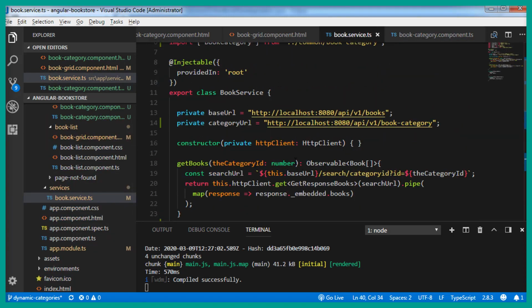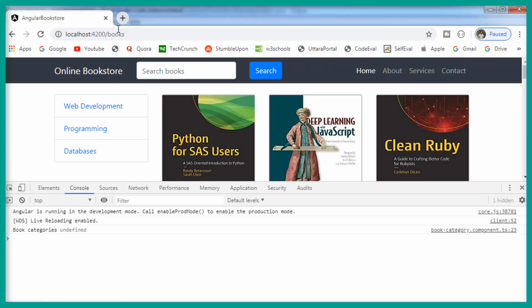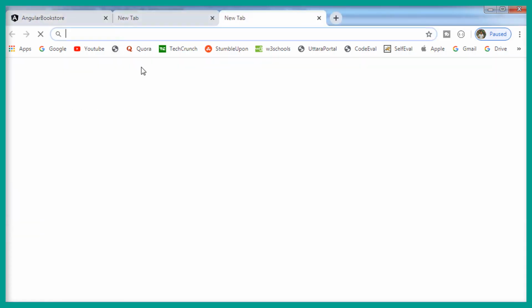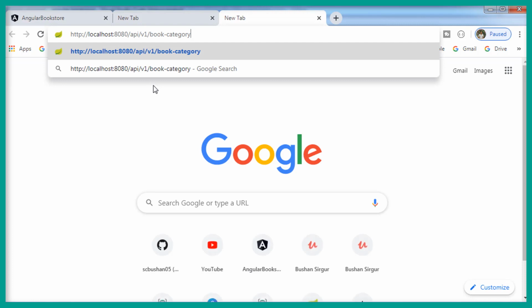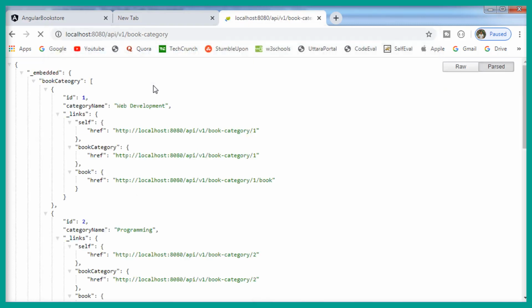We will test the REST URL in the browser, whether it is working or not. Let's open a new tab, paste it and hit enter. As we can see, we are getting the JSON response from the REST endpoint.